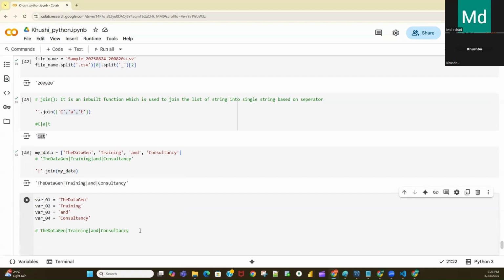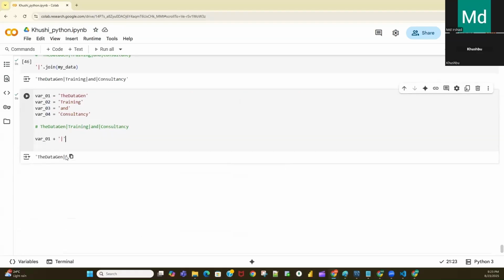First, I can do it with the help of the plus sign. So I will write var 01 plus symbol, then I will write the pipe symbol. So it will add data something like this, data gen and pipe symbol.